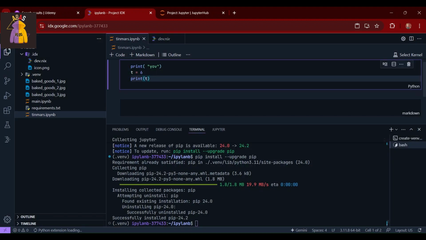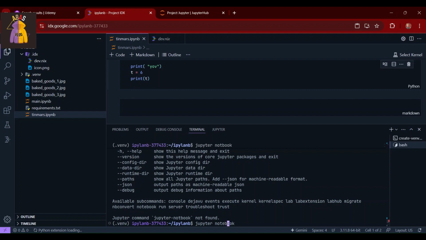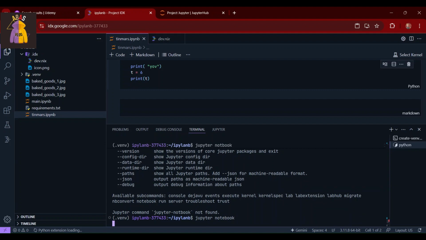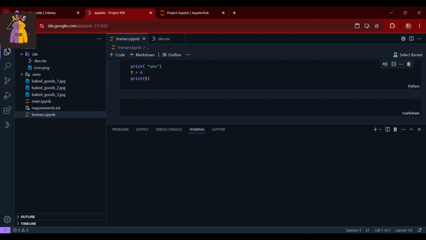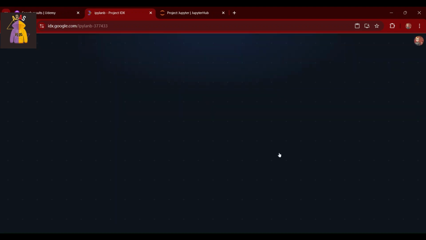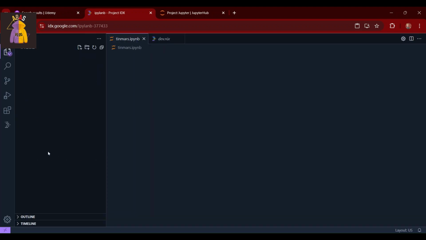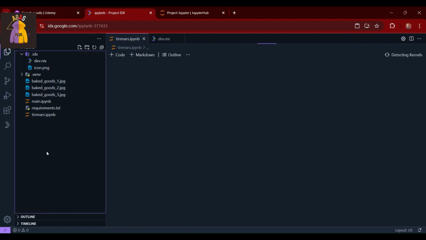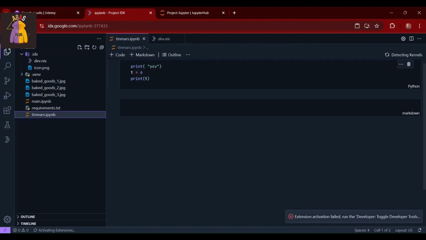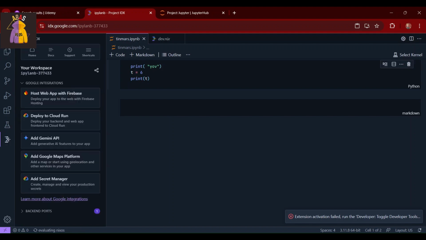To do this process, you need to go to this terminal here and type this. Okay, I did it correctly now. Now we are going to reload this page. Only after reloading can we properly take the token. Before that, I will add this. Okay, I'm reloading it. You need to wait some time after reloading.